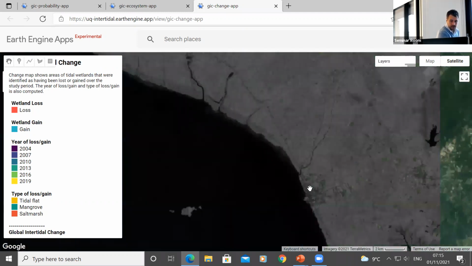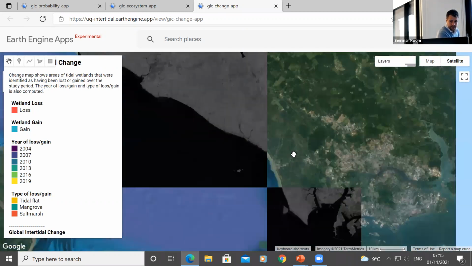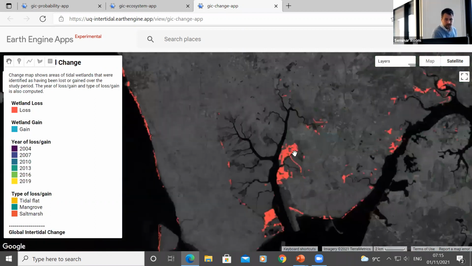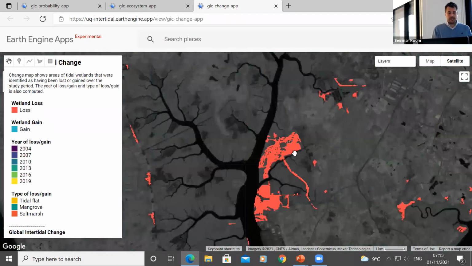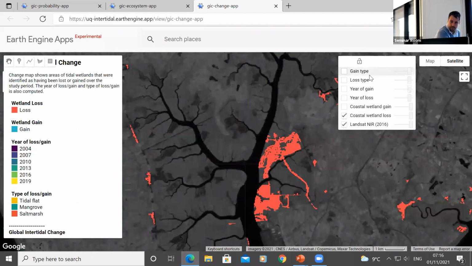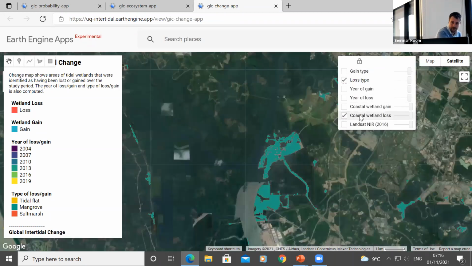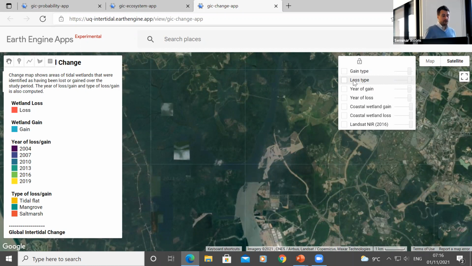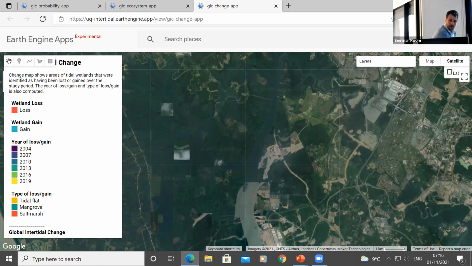If you look at an area of loss, I'm going to zoom in and go to this area down here. You can see that the map is really predicting large-scale losses in this area. If we look at what type of loss it is, it's a prediction that all mangroves have been lost from this area. And if we actually have a look at the imagery underneath, so I'll take off this, you can see in green what we're predicting, and you can see there's been high levels of development within that region. And so that patch of mangrove forest is now no longer there.